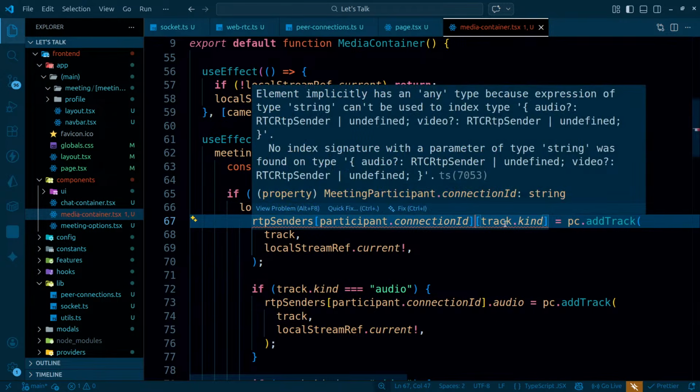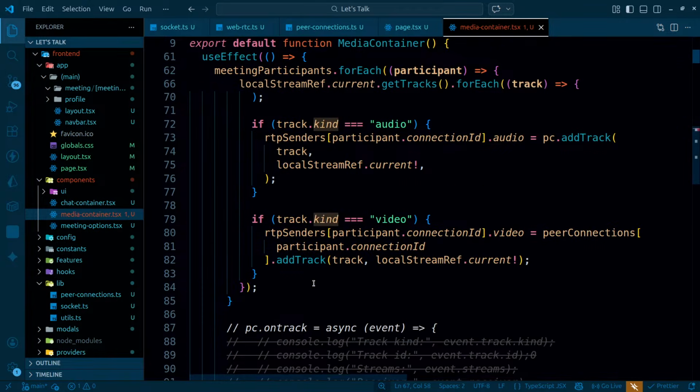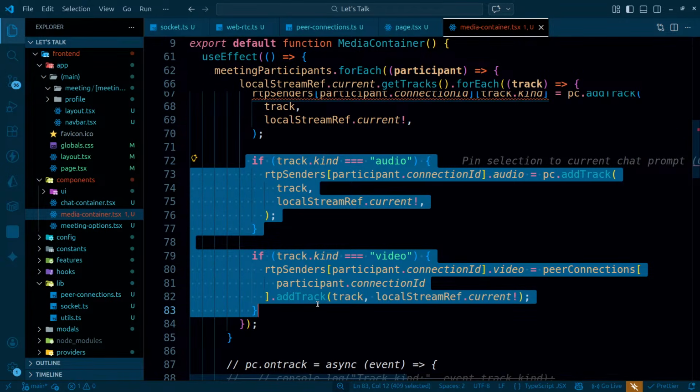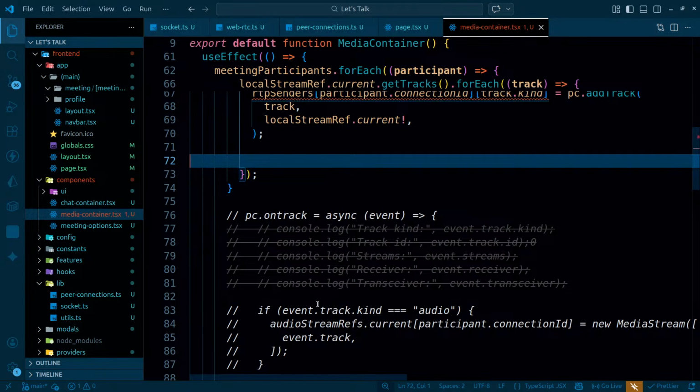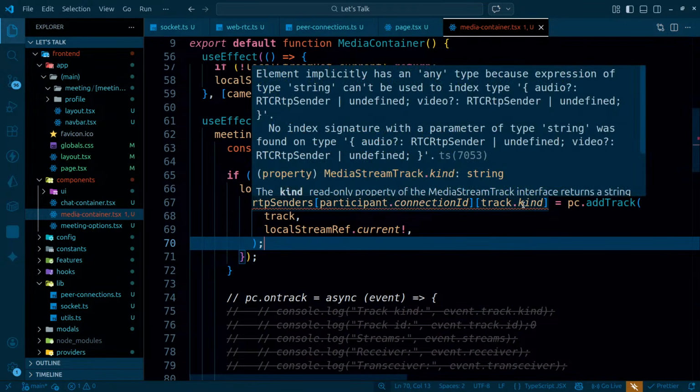So track.kind is simply selecting that only. In that case, let me remove both. And what is the issue? No index signature with parameter type string was found. Audio RTCP undefined video this. Okay, in that case